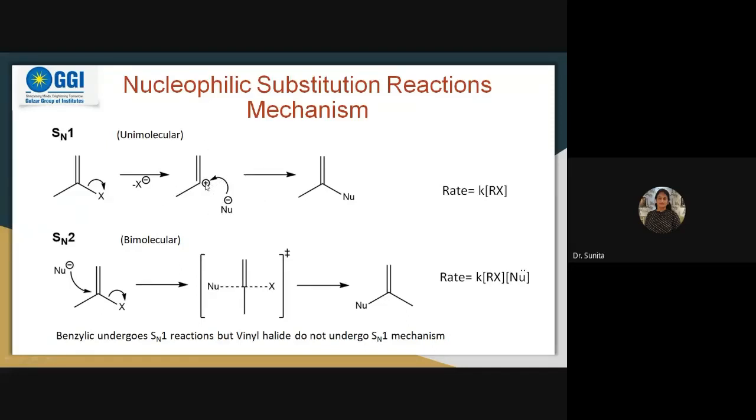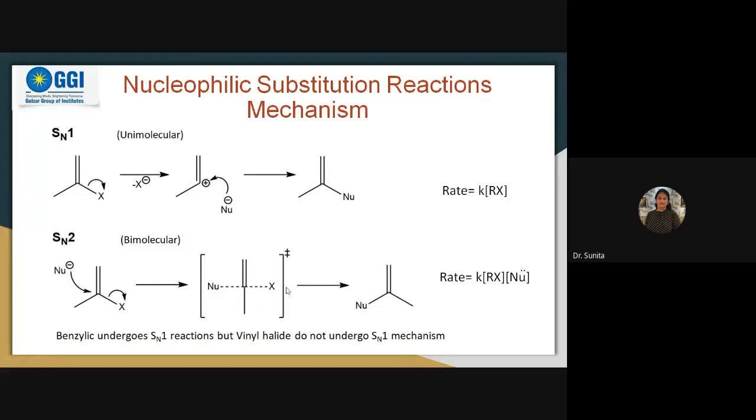Okay, so it has two sides left. The nucleophile can attack from this side, and it can attack from that other side also. I will discuss it in the stereochemistry. Over here you can see the nucleophile attacks in the SN2 mechanism. Simultaneously this reaction is occurring when the nucleophile is present over here and X is going to leave. Immediately the nucleophile has attacked over here simultaneously.